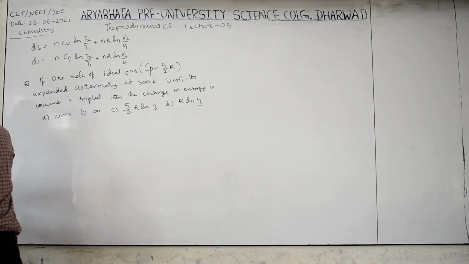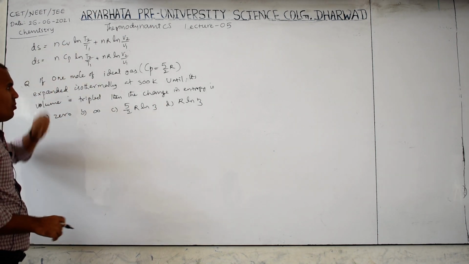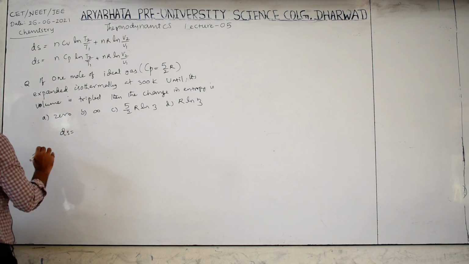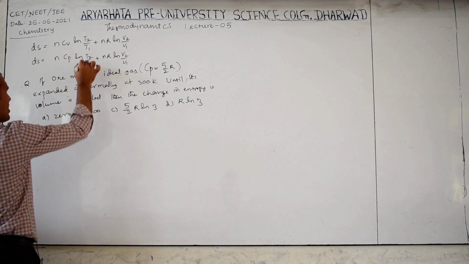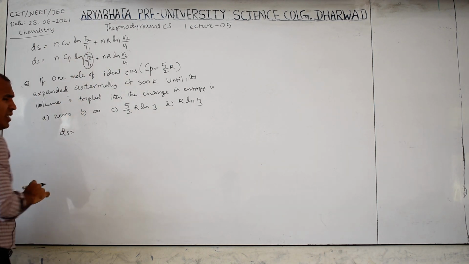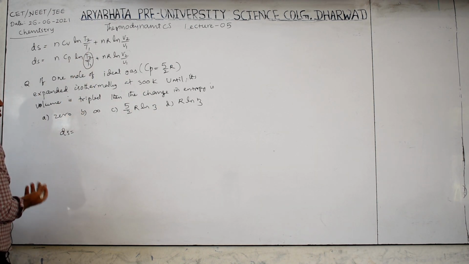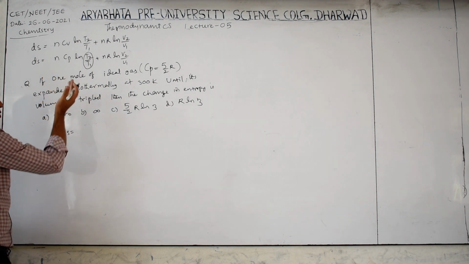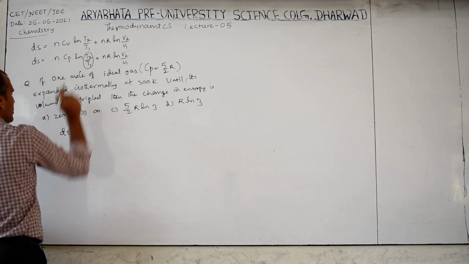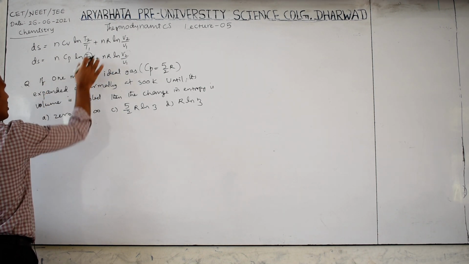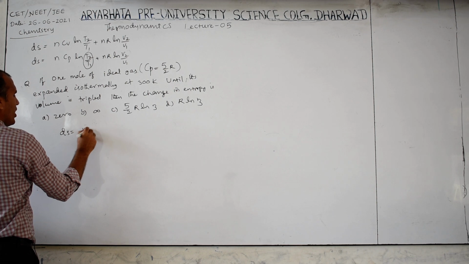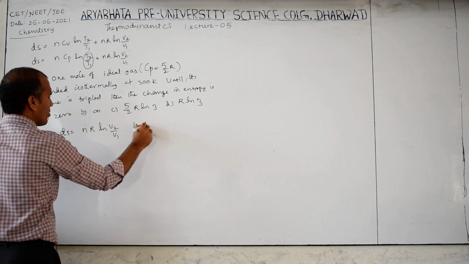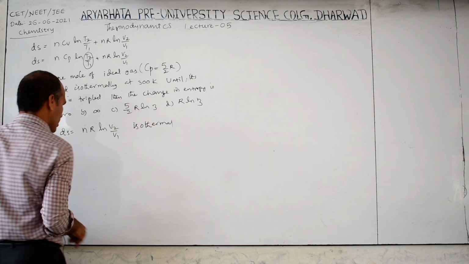Now which formula do we have to use? Cv or Cp? Cp value is given, therefore we have to use this one. dS is equal to, the temperature is constant, meaning same temperature 300 by 300, that is 1, ln 1, which means log 1 is 0, you can multiply into 2.303, 0 plus this is something. How many moles are given here? So this is not there. For isothermal, nR ln V2 by V1 is the formula for the isothermal process.